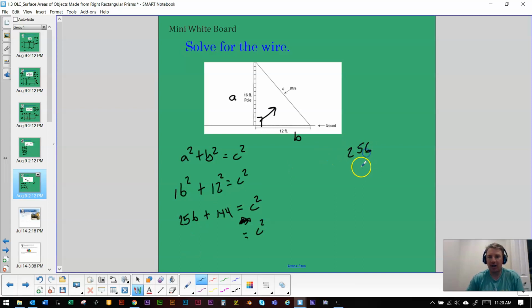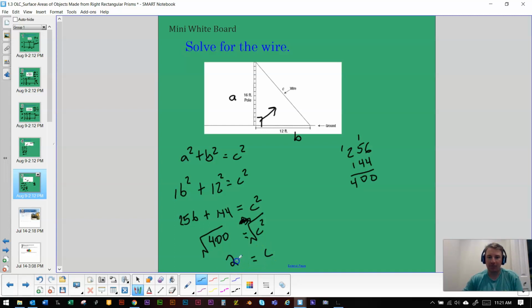You can also do it on the side. I don't like making too many mistakes, so every once in a while, even if it's math I should do in my head, I just go over here and do it. It's like, holy cow, that adds up perfectly to 400. Isn't that handy? Okay, so 400 equals C squared. To turn a C squared into a C, we got to take the square root of one side. And if we do something to one side, we have to do it to the other. And we end up with